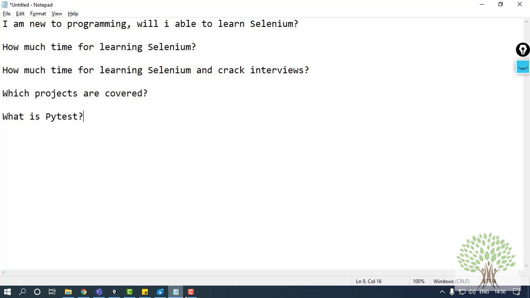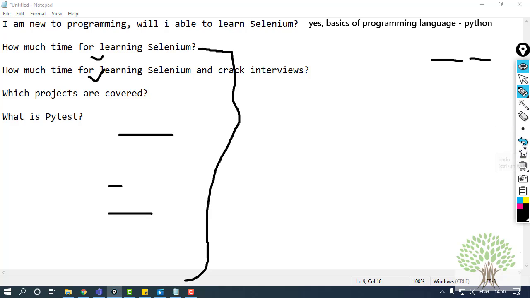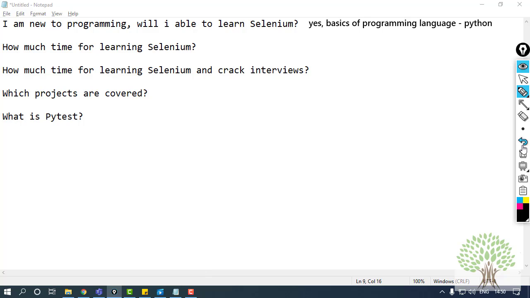After that, the next question that comes up is how much time it's going to take to learn Selenium, the tool. It can be a possibility that you are learning the tool just for the sake of knowledge, that there is a tool which you want to learn. And also it could be a possibility that you are learning the tool to crack some interview. Fine. So there are different timelines for both. If you are learning it just for the sake of knowledge, then 4 weeks are more than sufficient to learn the tool. But if you are learning Selenium to crack interviews, then you need to